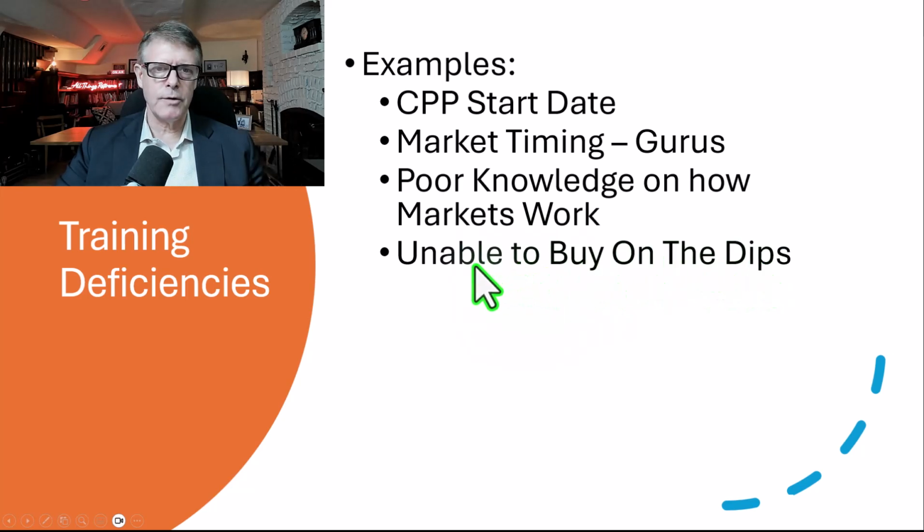You ask any advisor in the business, what percentage of their clients are running in the office wanting to put money down on their portfolios when there's a market correction or market volatility? And they would tell you very, very few. So we know that when there are sales on assets, good quality assets in other areas of our life, we should take advantage of those sales. Why is it that when stocks that are great companies are on sale, we do the opposite, right? Most people are unable to buy on the dips. That's partly education and partly emotion. And we need to have some strategies in place to overcome those poor decisions because of training deficiencies.